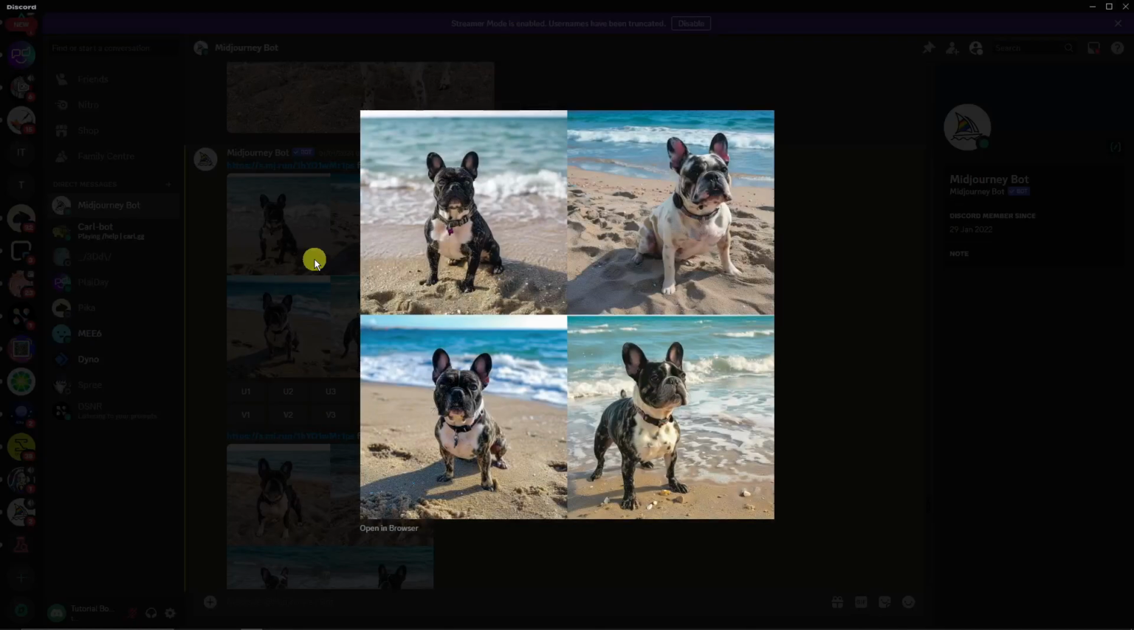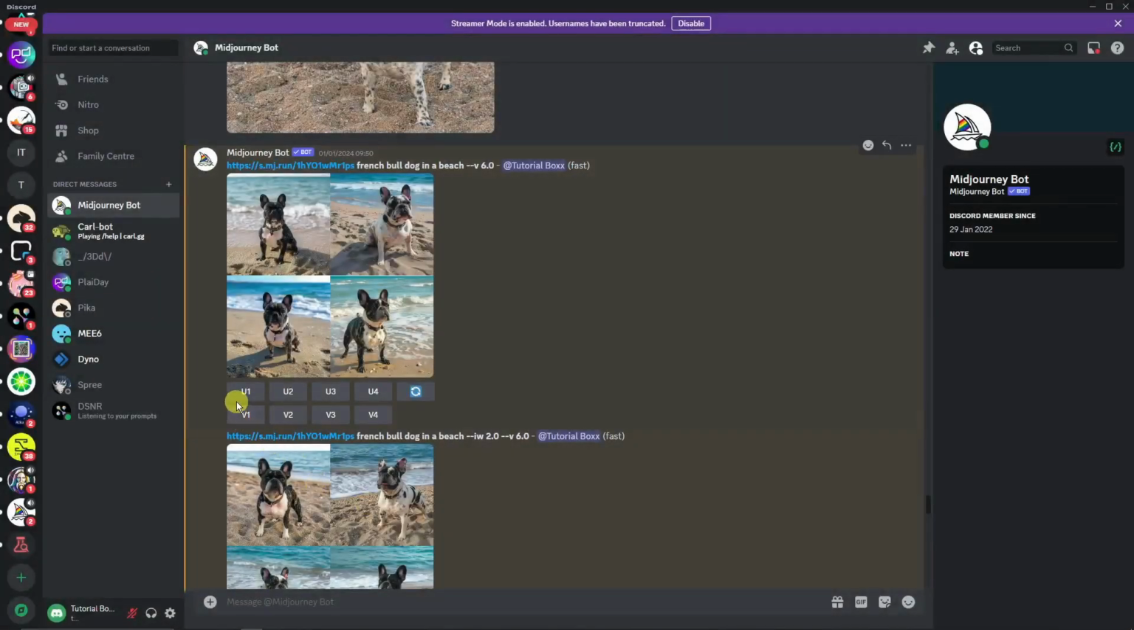I want to highlight these 8 commands or 8 buttons. You have U1 to U4 and V1 to V4. Now, you might be asking what those mean. So U1 to U4 are basically upscale 1, upscale 2, upscale 3, and upscale 4. Same goes with variant 1 to variant 4. That's going to be variant 1, variant 2, variant 3, and variant 4. The idea is the U, the upscale, is basically downloading each photo and giving it a little bit of upscaled finesse,